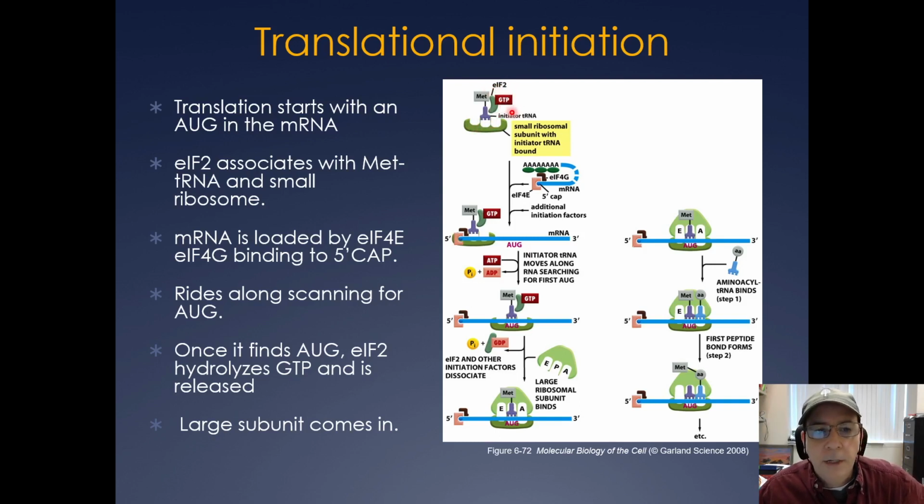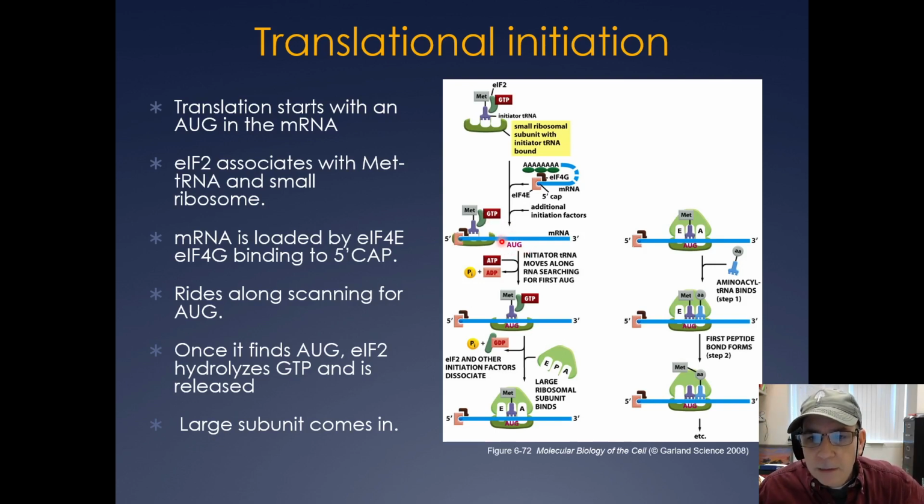EIF2. Okay, so EIF2 associates with the methionyl tRNA and the small ribosomal subunit, and it is brought to the messenger RNA, helped to be loaded by EIF4G and EIF4E that are bound to the 5' cap and the poly A tail. Okay, and once it's loaded on, it's going to start to scan. And once it hits an AUG, a start codon,